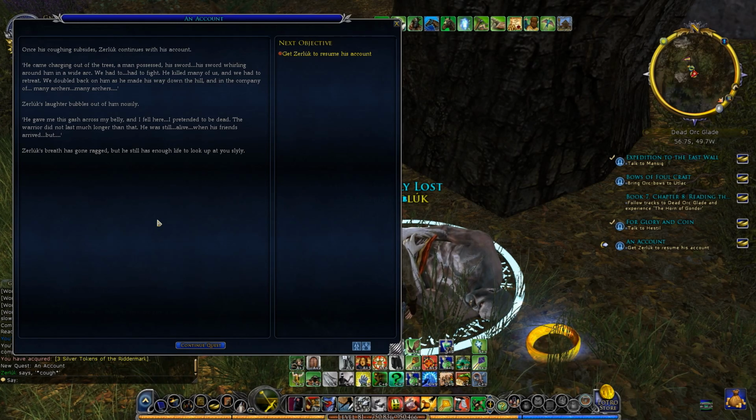He came charging out of the trees, a man possessed. His sword whirling around him in a wide arc. We had to fight. He killed many of us, and we had to retreat. We doubled back on him as he made his way down the hill, and in the company of many archers. He gave me this gash across my belly, and I fell here. I pretended to be dead. The warrior did not last longer than that. He was still alive when his friends arrived, but...